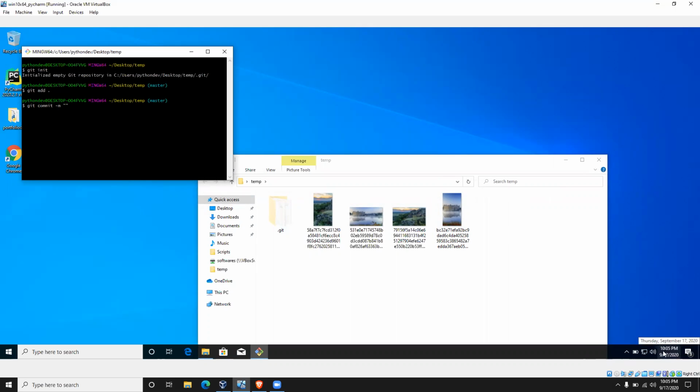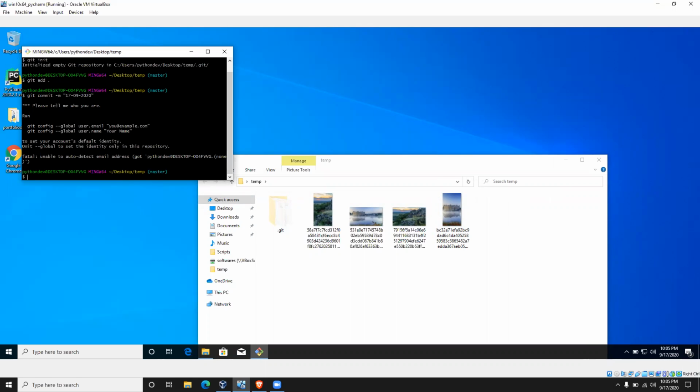17 9 2020. Oh, I need to add this also. git config --global user.email.